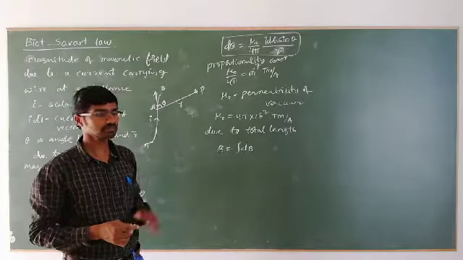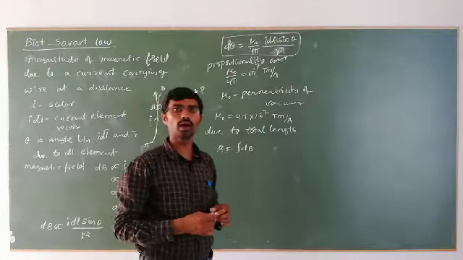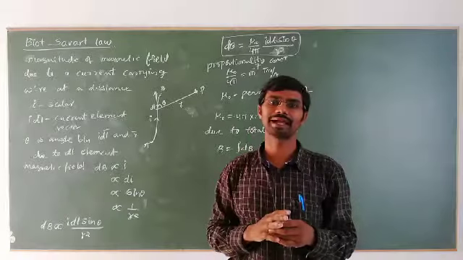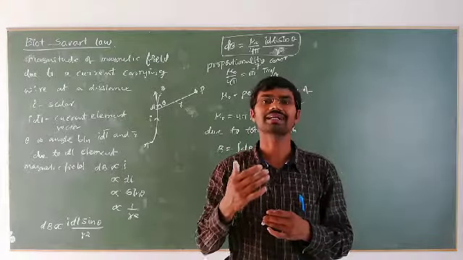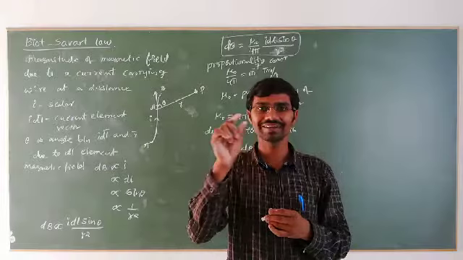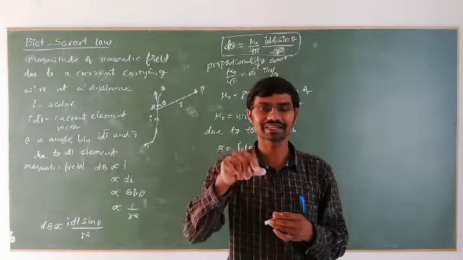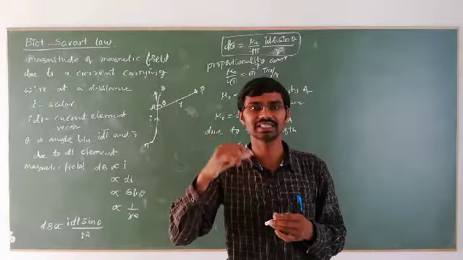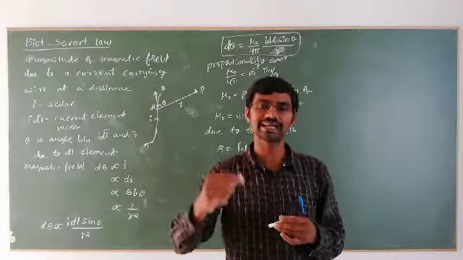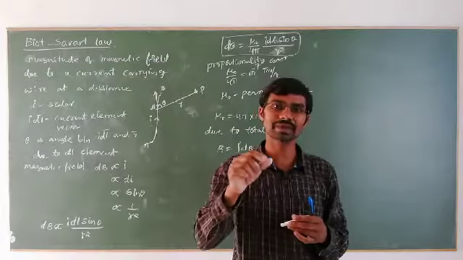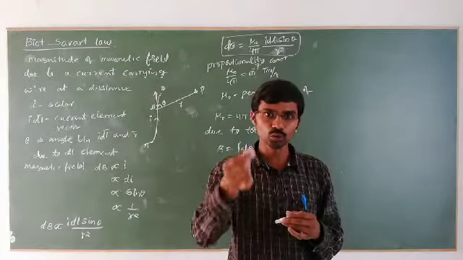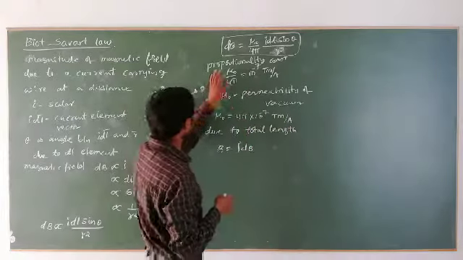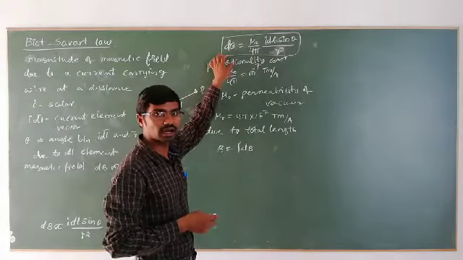Now let us see what we have. It is only the magnitude of the magnetic field. Then what would be the vector form? The magnetic field is a vector. If it is a vector, we need to represent the direction of the magnetic field. If any physical quantity is a vector, we need to represent its direction. Then how do we find the direction? And this is not a vector form, it is only the magnitude.